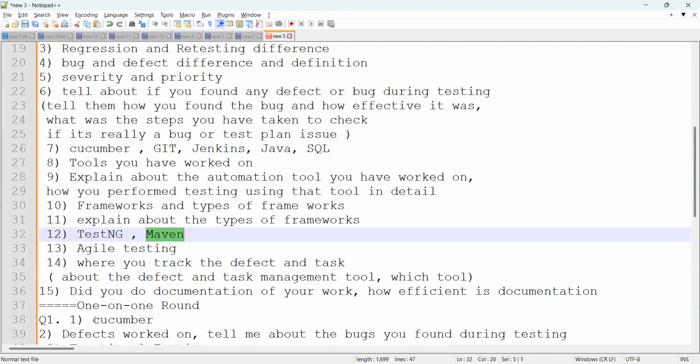And the next question is: did you document your work? How efficient is your documentation? It means that if you are executing your test cases, you must have written your test cases somewhere in a document or in any tool. So what columns did you used to have in your